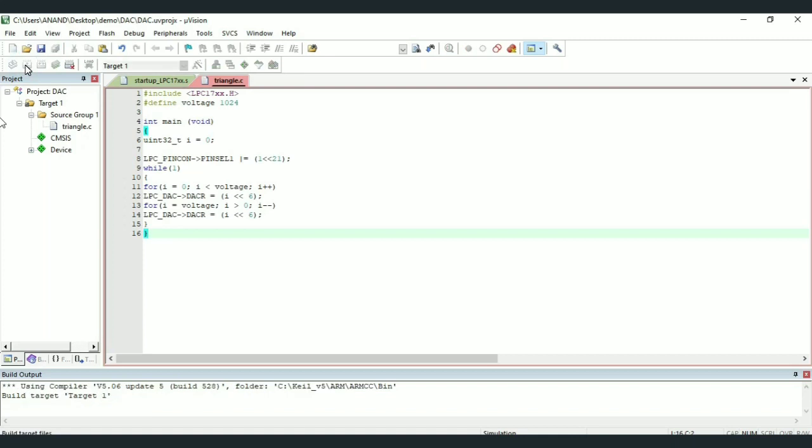So again we are having 0 errors and 1 warning, which can be neglected. Next, enter the debug mode. So selection of simulator is not required, it is required only once after the creation of new project. Since we had already selected the simulator, there is no need to again select it. So we can directly enter the debug mode.